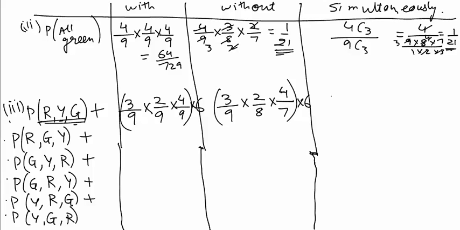Then when you talk about simultaneous picking, you can say out of 3 red balls I want 1, out of 2 yellow balls I want 1, and out of 4 green balls I want 1. So total 1, 1, 1, 3 balls I have picked out of 9 balls, so the total will be 9C3. Again you can cross check, if you want, that without replacement and simultaneous are going to give you the same answer. So we have discussed case 3 in a very detailed manner,